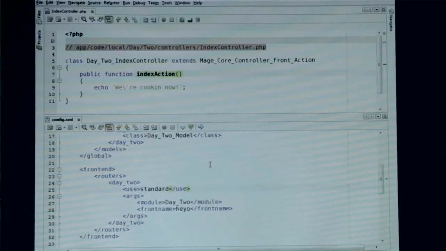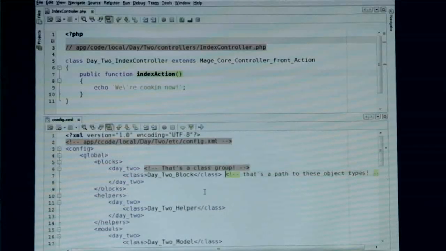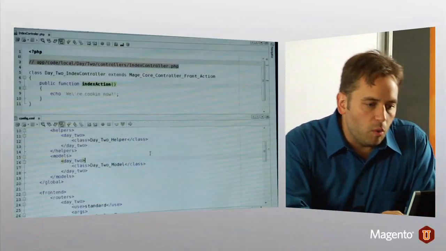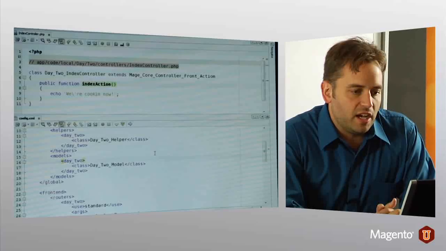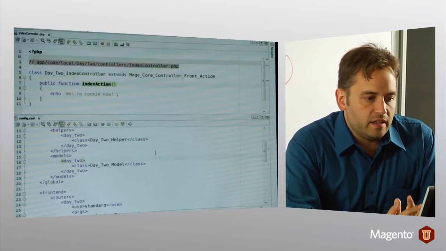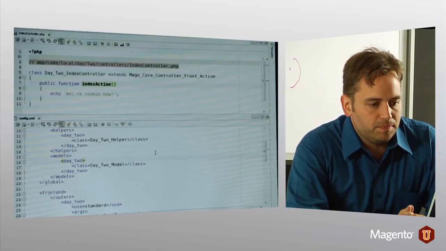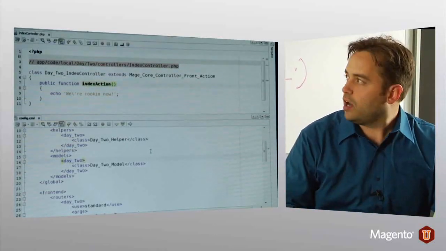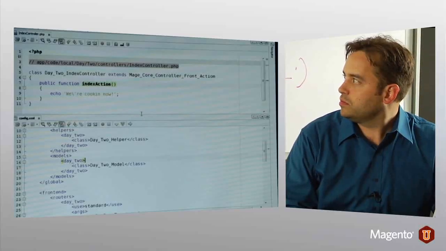Now, I've specified my model class group. So one of the next steps in this exercise is to get a model instance using Mage::getModel. And since I already have this route and this controller at my disposal,